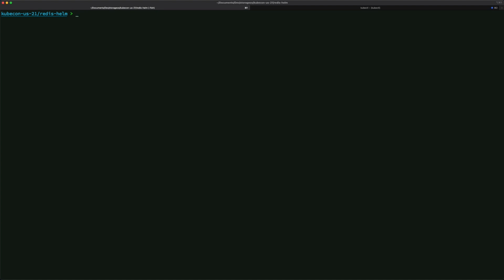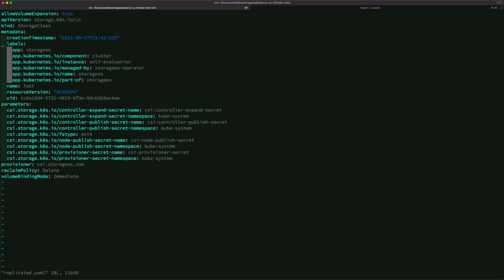For this, what we usually do is we just dump the storage class configuration for the fast one, save that into a file, and edit that file. Just change the name, replicate it, and add the parameter to have replicas.